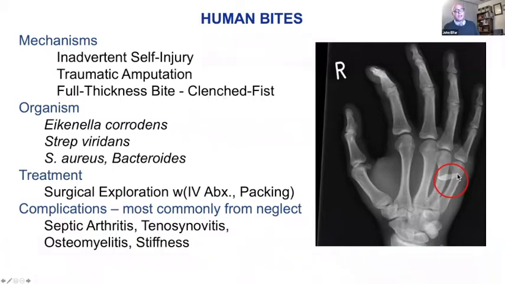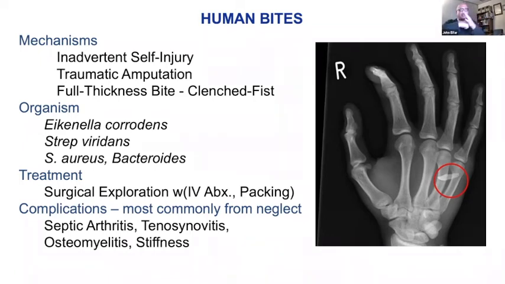Here's a picture, a radiograph with a tooth in the patient's hand. These are pretty rare. So when you find one of these, you keep a picture. The organisms are organisms that are common in the human mouth: Eikenella corrodens, Strep viridans, Staph aureus, and Bacteroides. The treatment is surgical exploration, and you have to be aware that sometimes when the hand is flexed like